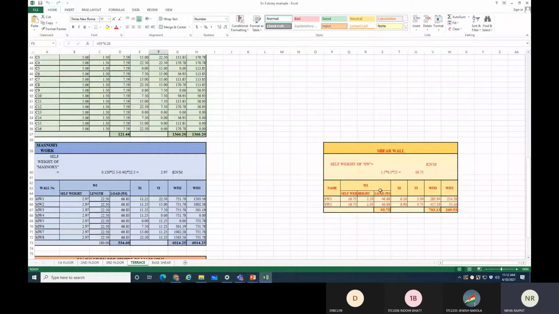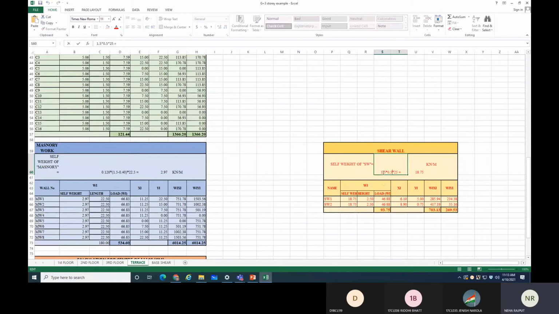So in this sheet, this is shear wall 1, shear wall 2. Here the length may be the same, that's why the length parameter is multiplied and the height parameter is written here. But in your case, if the length parameter is different, then you need to multiply your density.